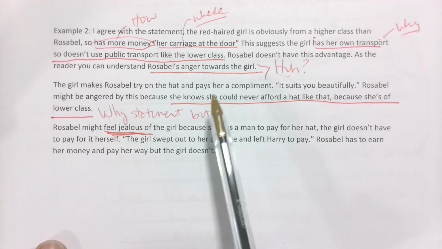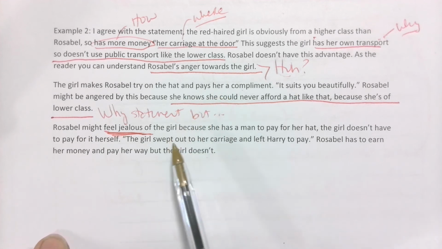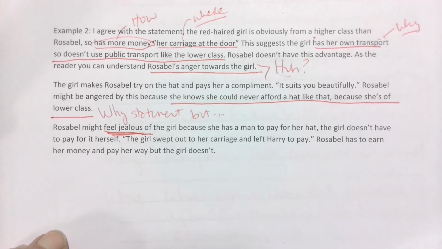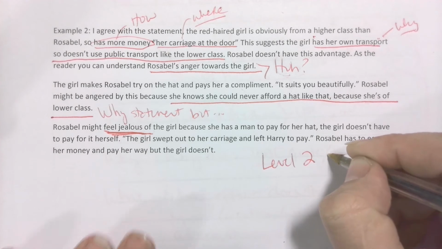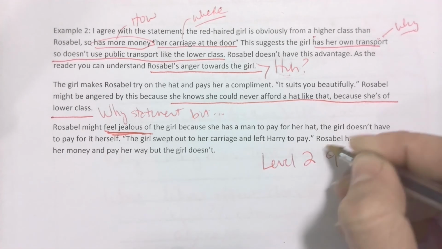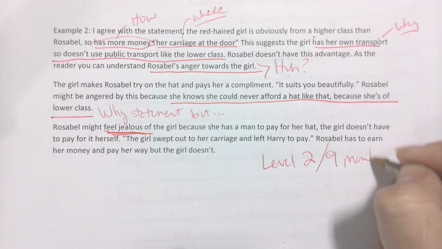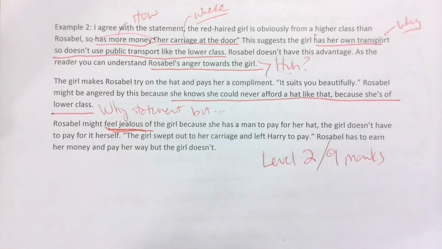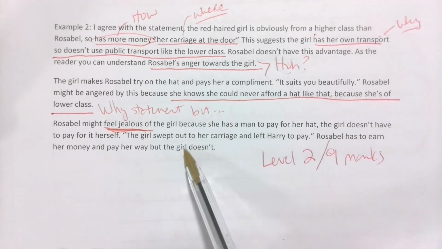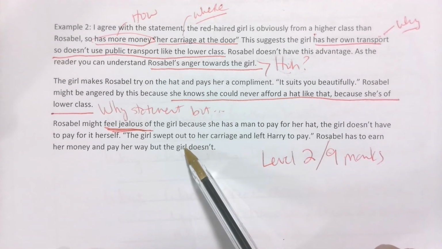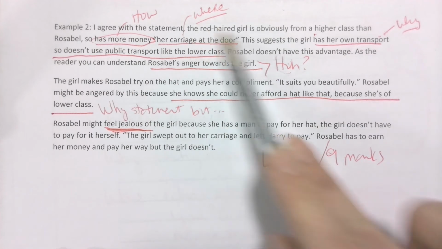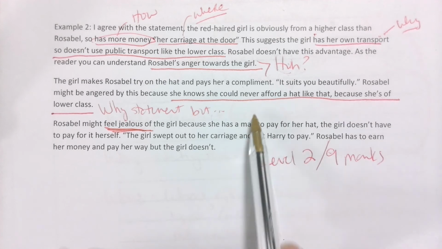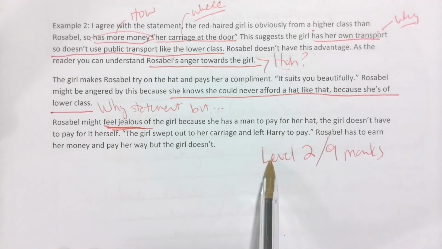So what this person's got, there's stuff here, but it's not explained well enough, which is why this got a level 2, and in fact got 9 marks. So not quite top level 2, not quite bottom level 2, but still, there's a lot of huhs and buts and okay, yeah, right? There's a lot of questions being left, and not questions that are answered, but questions from me as a person marking the response. So this is a level 2.